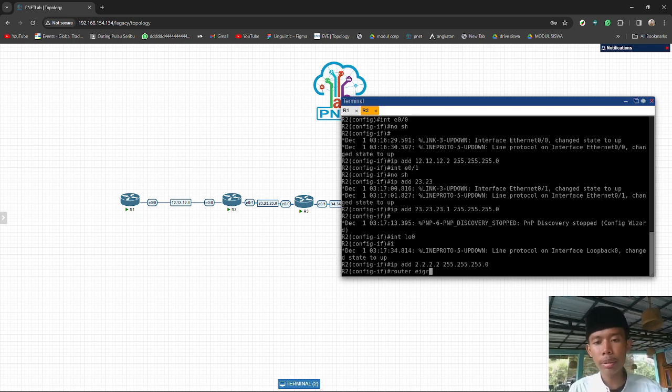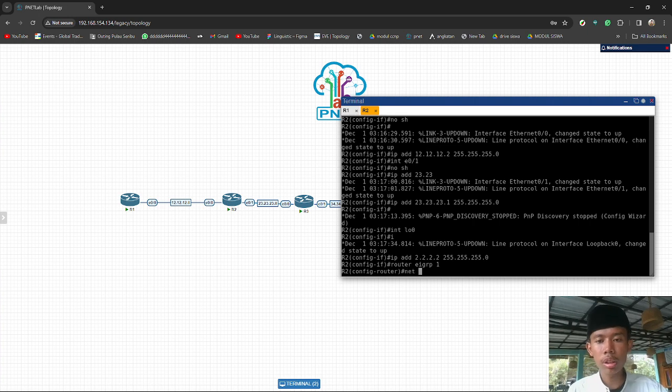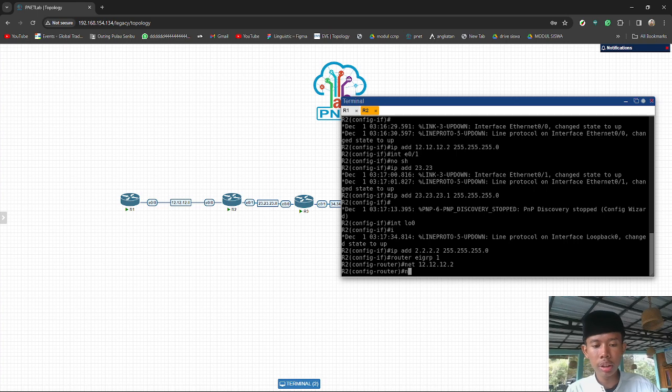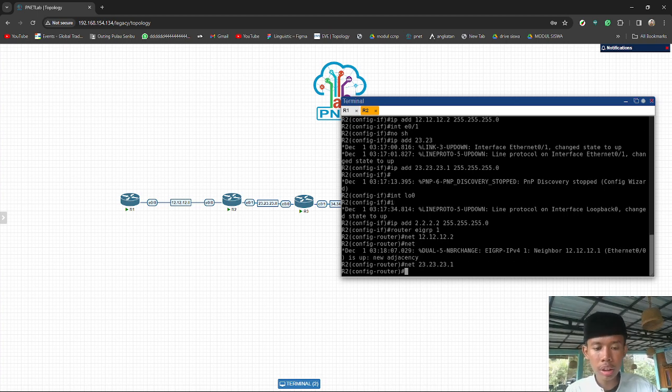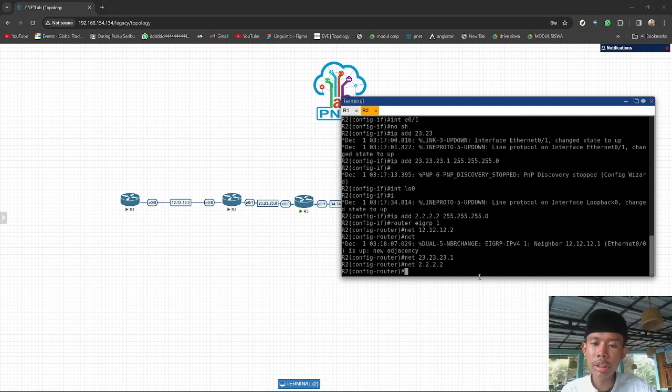Router EIGRP 1, network 12.12.12.2, network 23.23.23.1, and the IP loopback 2.2.2.2. Okay, like that. After that we will move to the third router configuration.